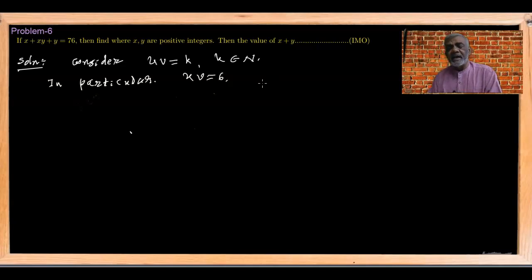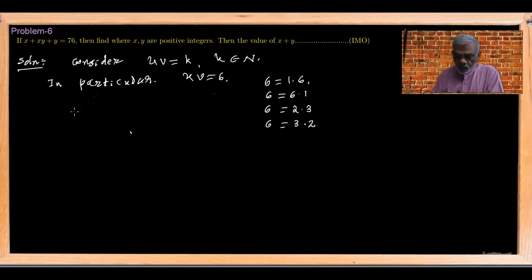Now, 6 can be partitioned into two parts whose product is 6. That is, 6 is equal to 1 into 6, 6 is equal to 6 into 1, 6 is equal to 2 into 3, and 6 is equal to 3 into 2. There are four partitions, and therefore